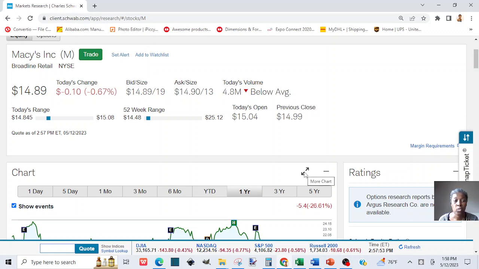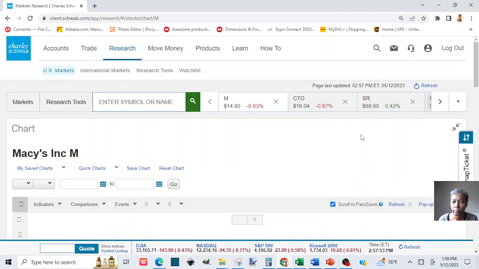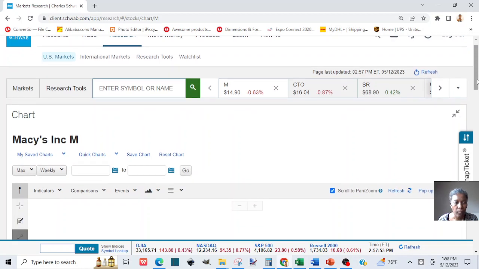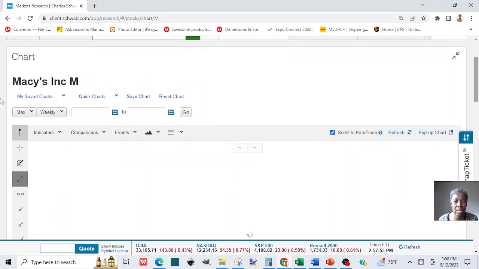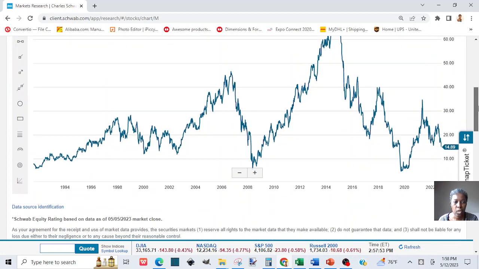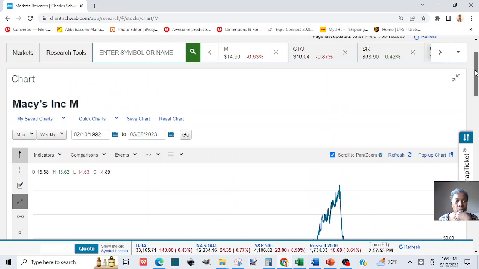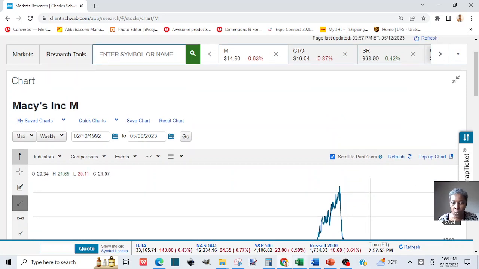On this, you will click on the icon for more charts to see the maximum chart, and you want to make sure you have maximum, and we saw the chart. Yeah, it is growth and dip. And from this, we are going to move to